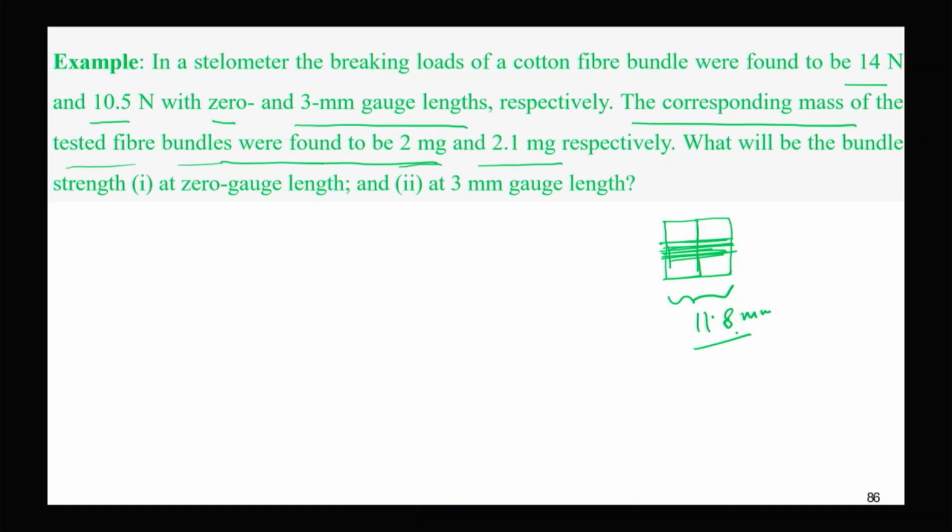And when we open this jaw and take out the material and take the mass, in the first case the mass was 2 milligram, and at 3 millimeter gauge length, when there is a gap of 3 millimeter between these two jaws,